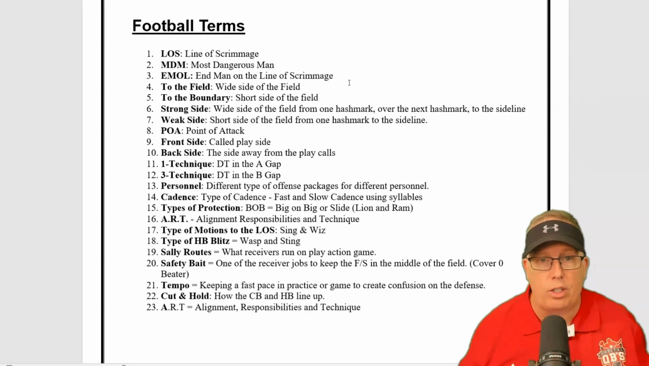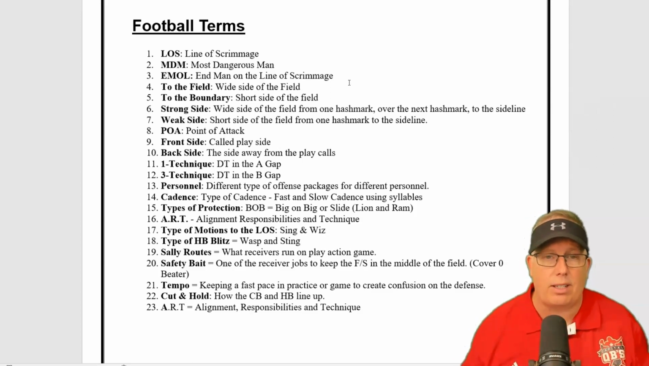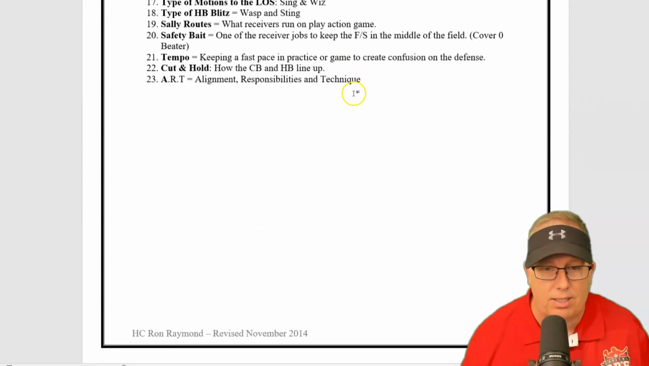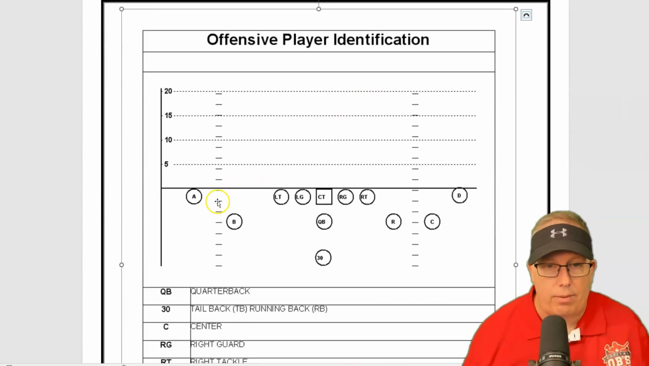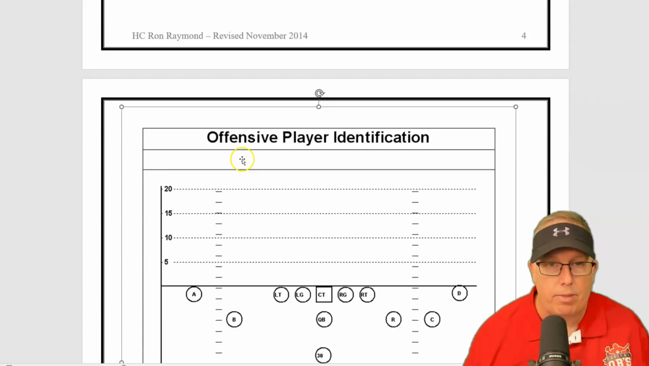Now, to the field and to the boundary, right? Let's say the ball's on the left hash. Let me go to one of my, there, right here. Let's say we're right here. Now, this is to the field and this is to the boundary, the short side and the field side, which is also known as the strong side and the weak side, right? So if the ball's right here and this is to the field, and this is to the boundary,